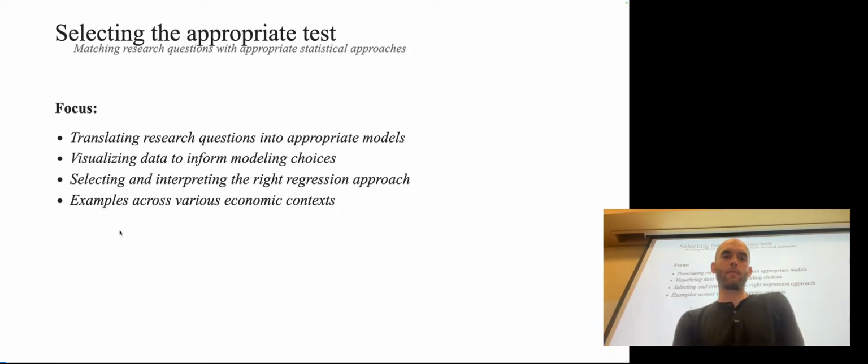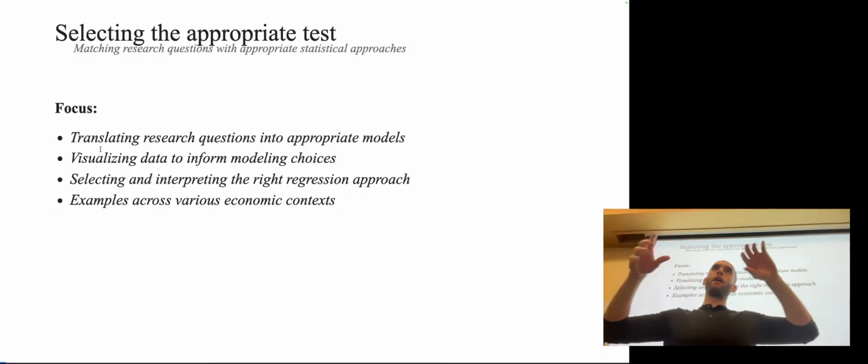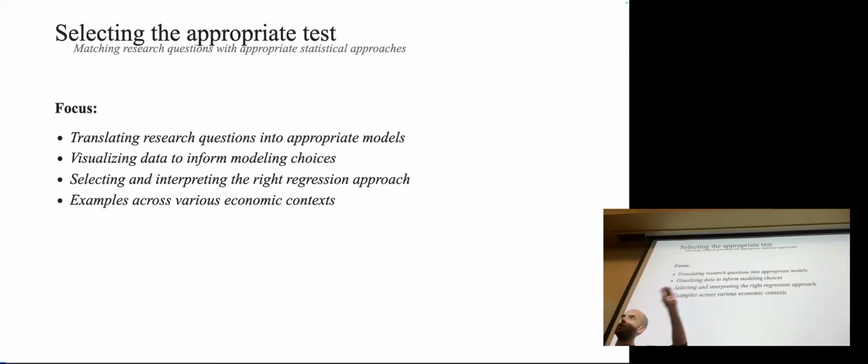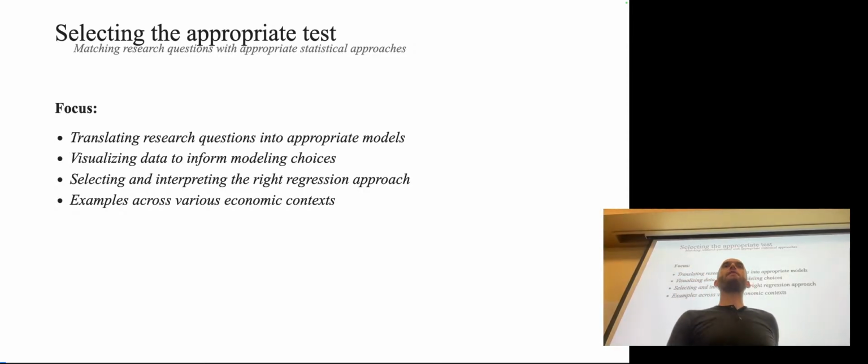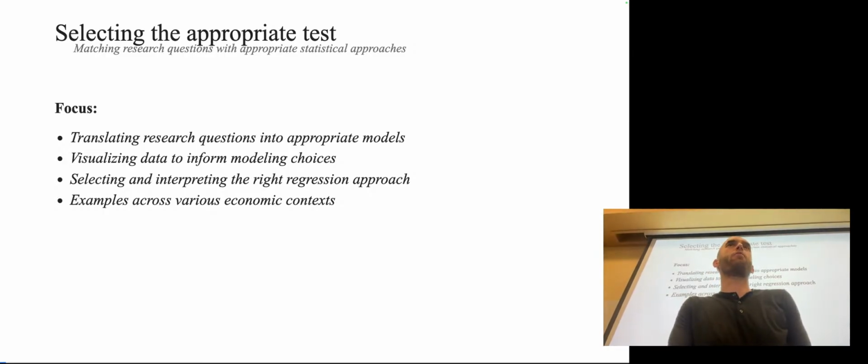get the point across. So what we're doing today is focusing on turning a research question into a data source. So how do we go from research question to data source? Then how do we go from data to statistical model? And then how do we interpret the statistical model? And often this will involve visualization. But this is the main approach I recommend as you work through this final project. And we're going to do it 6 times.